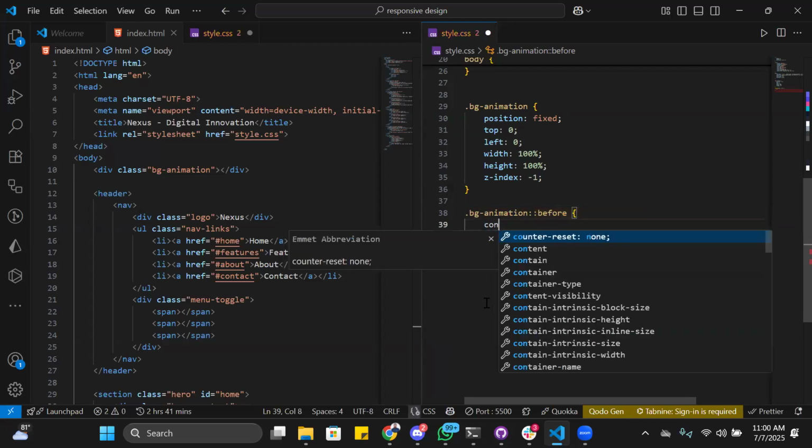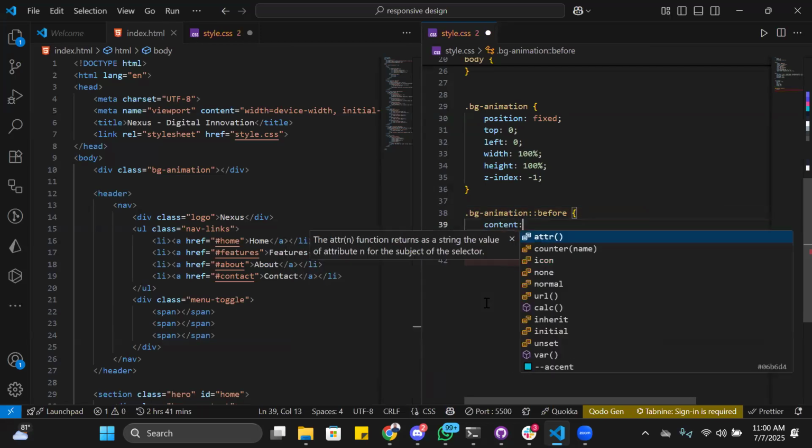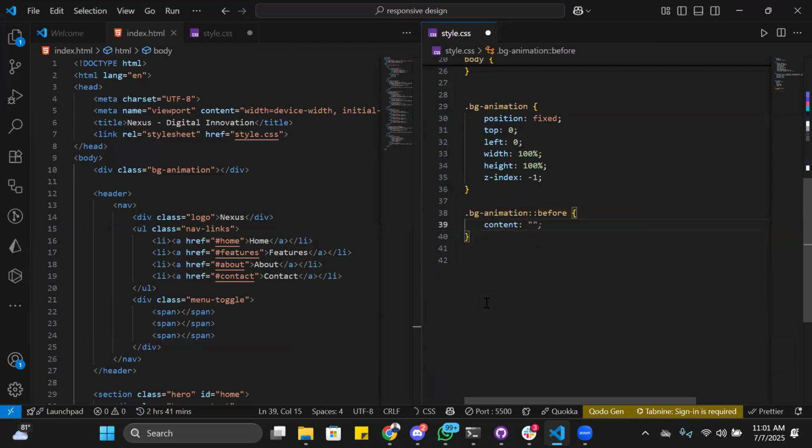So I have content. You can see that because I've written the code before, I have some kind of helper tools, and simply because I'm using some AI agents on my Visual Studio Code, it's giving me suggestions of what I want to write. But I am not going to do that. I am going to write out the code instead of just allowing AI to automatically complete it for me. So I have position of absolute,